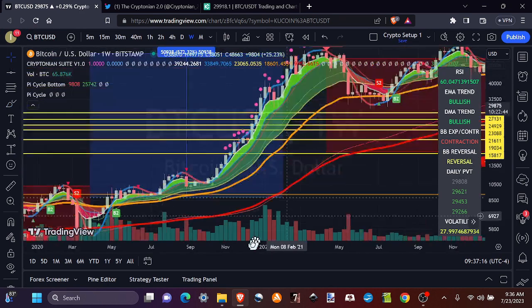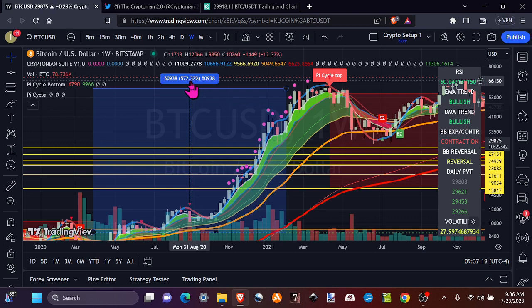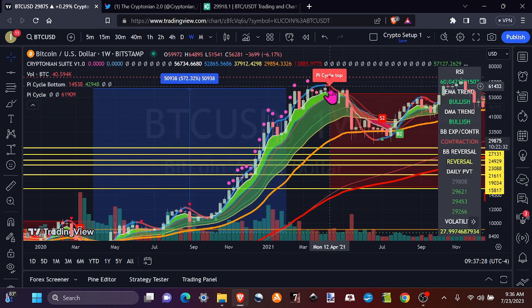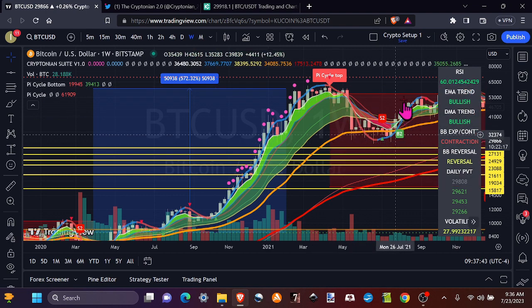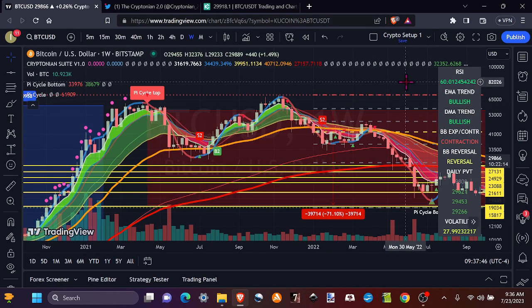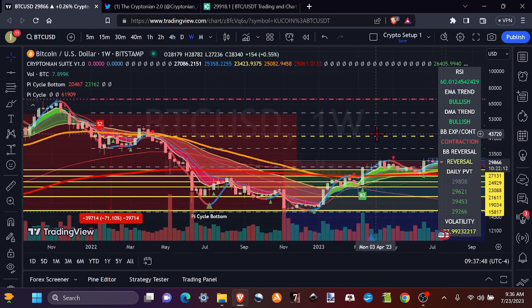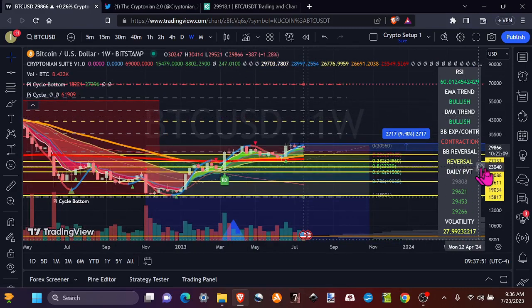I mean, again, that bull run was 572%. So $100 would have turned into almost $600 if you would have sold the top at the pi cycle top. $1,000 would have turned into almost $6,000 if you would have sold the top. $10,000 would have turned into almost $60,000 if you would have sold the top. So that's the power of the market, right? And that's the power of cycles. So, the bottom line is